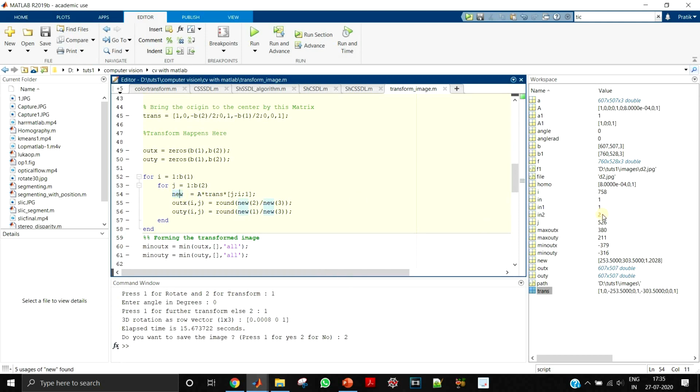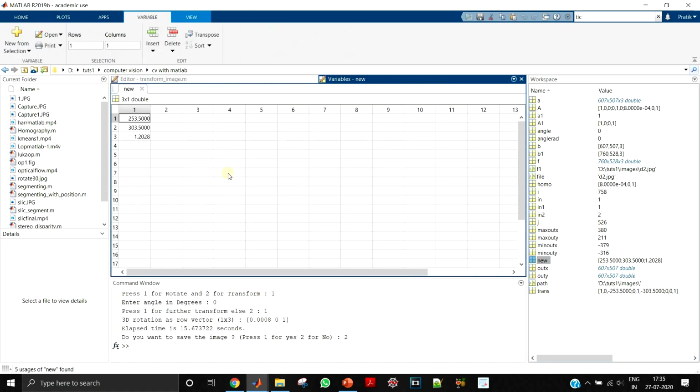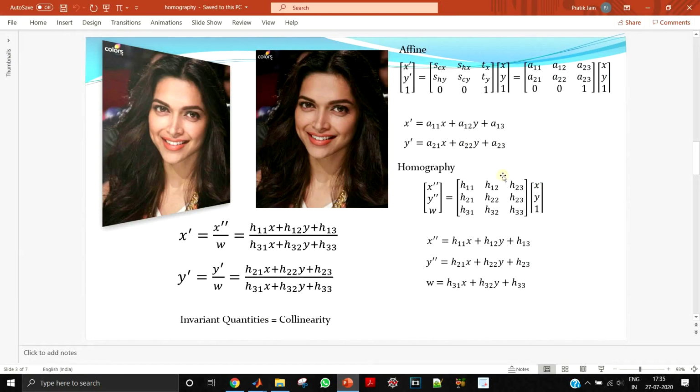New is again a column vector, which is telling you the output coordinate of that particular pixel. So when this is 1, 1 and 1, for the first pixel, it will be 1, 1, 1, and that will get multiplied over here.